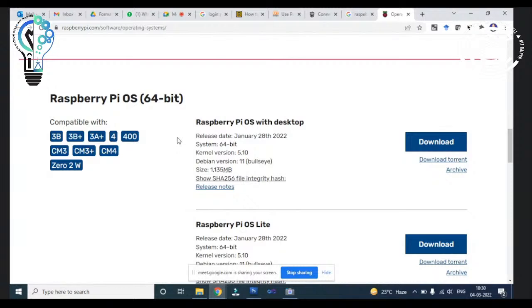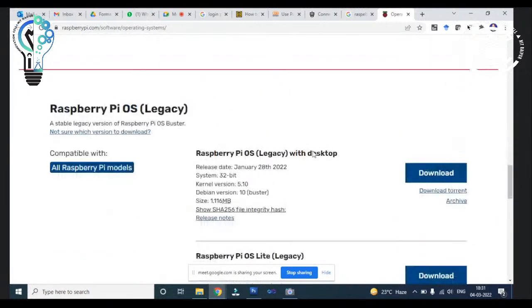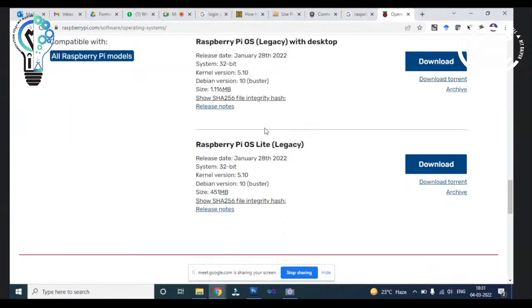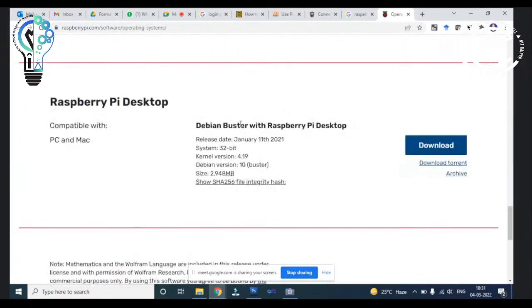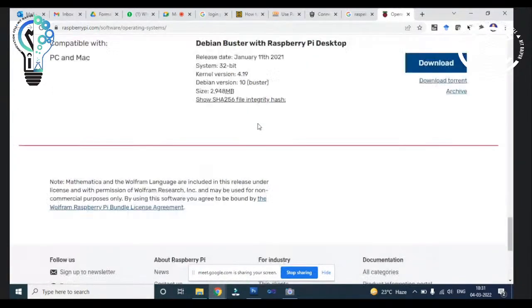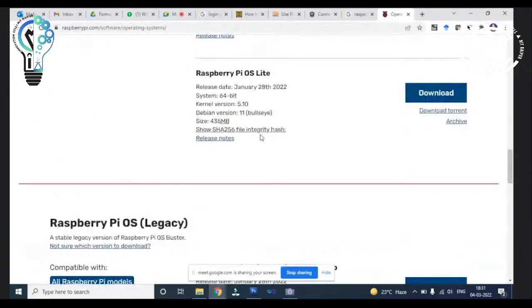So if you want a 64-bit OS, then you can also download it for the 3B plus, which I have, a board that supports a 64-bit OS, right? So you can download this 64-bit OS also. Then you have another version, legacy, then another version, desktop, which you have already seen. So we have different versions of this Raspberry Pi OS.